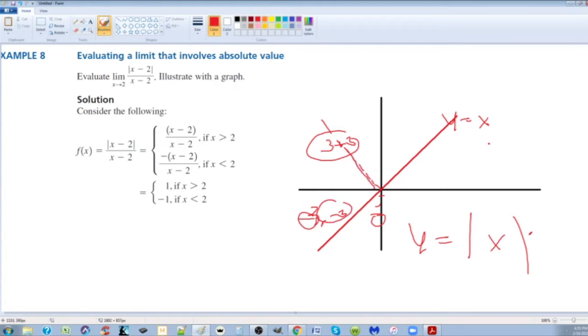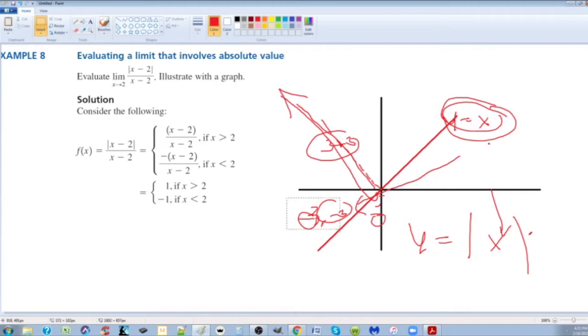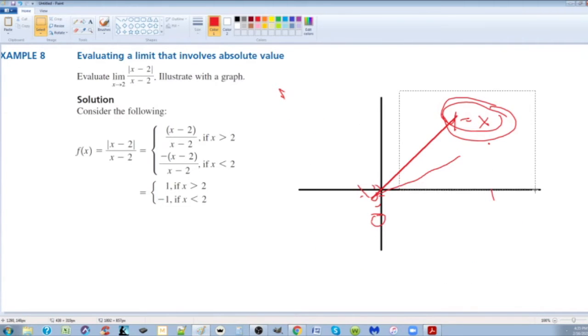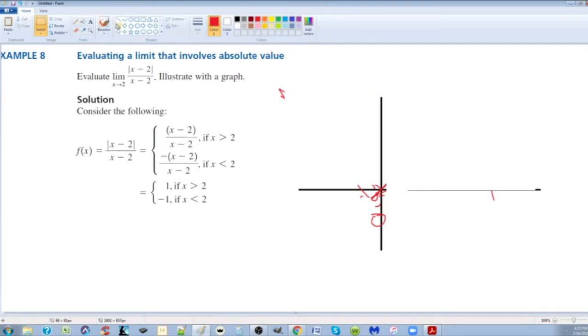So really an absolute value graph is the same as whatever its normal graph is inside here. But when it hits negative values of y, those y values suddenly are turned positive. So that's one way to look at it. So that means if I'm looking at just a normal absolute value graph, the right side,